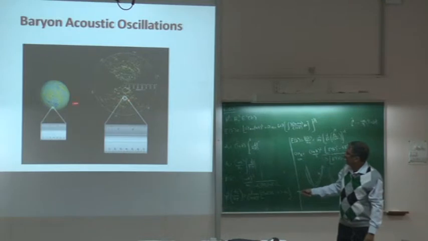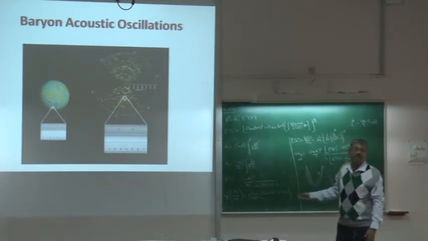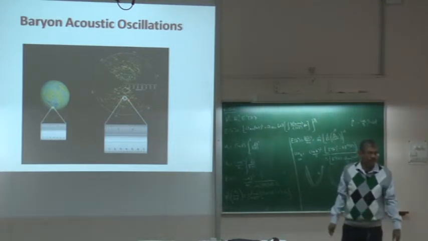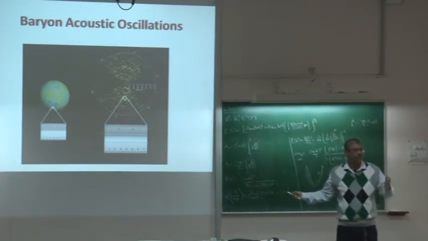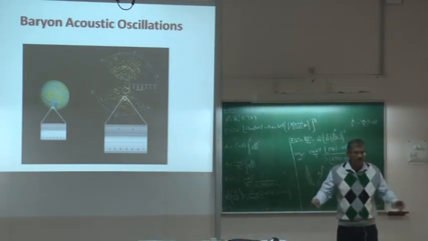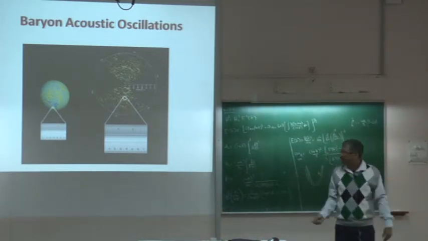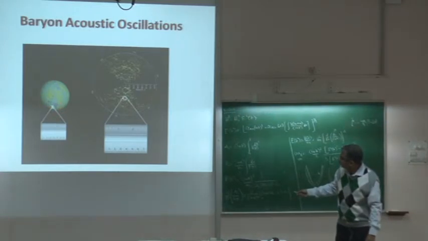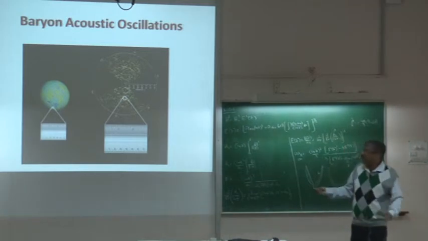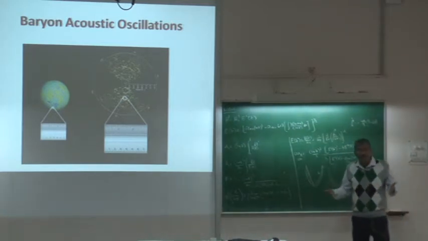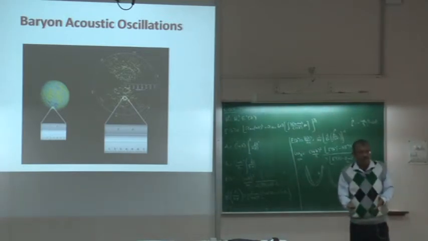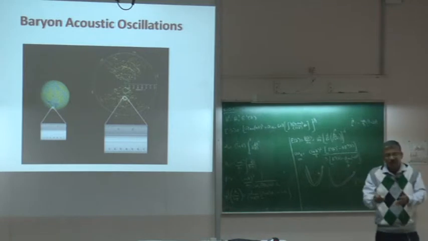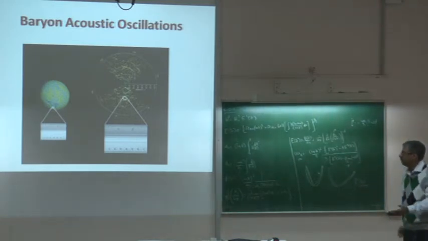The only thing is that the scale size here is bigger, because the universe has expanded by that time. This one you measure around redshift 1000, and this one around redshift 0.3, 0.5 or so, and depending on that, any scale in the universe has been expanded. So the same oscillation that you see in the CMB is there in the baryon acoustic oscillation. Previously it was not observed, because one can show that this oscillation scale is around 100 megaparsec h inverse, in small h, which is around 150 megaparsec.